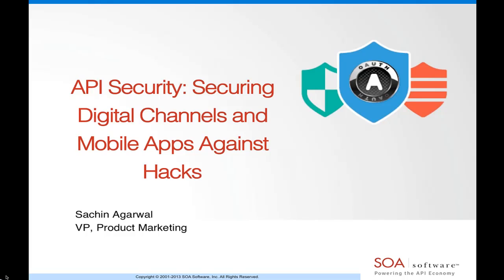Today we have an extremely interesting and relevant topic, which is API security: securing digital channels and mobile apps against hacks. As we have seen, there has been a widespread increase in adoption of APIs, but at the same time, over the last couple of years, there has been an increased surface area of threat that APIs expose, which has been compromised by hackers. So today we are going to be talking about the basics of APIs, how to secure APIs, and API security